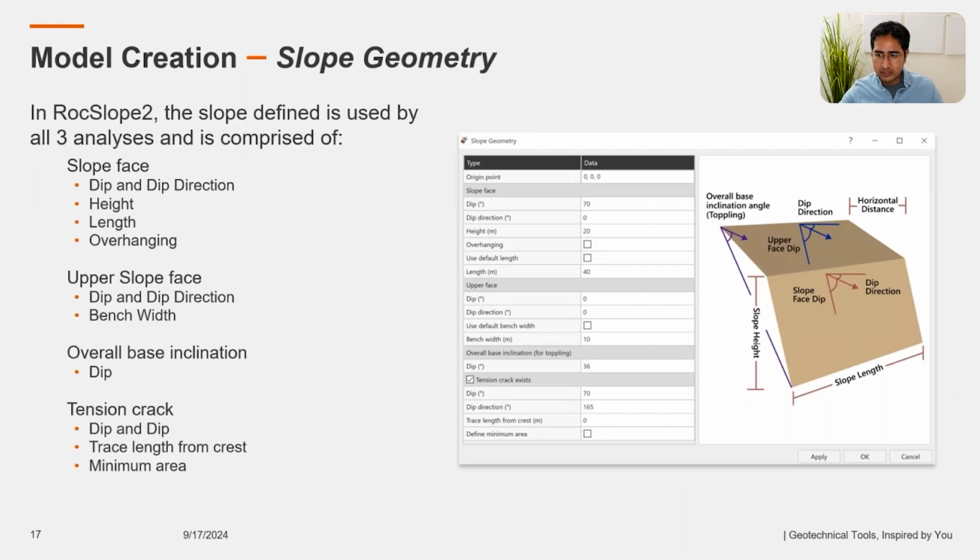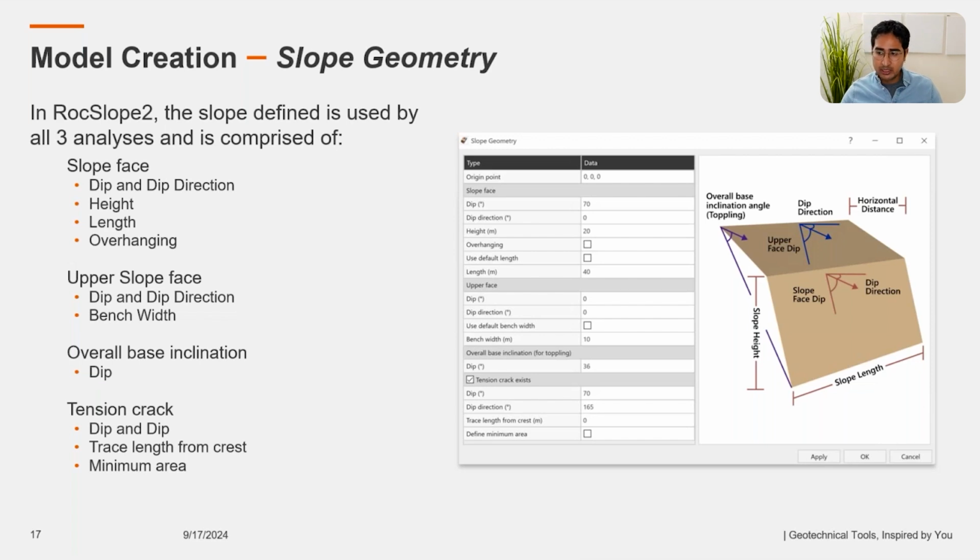So, as mentioned before, in RocSlope2, the slope geometry only needs to be defined once, and this will essentially propagate to all 3 analyses. Every plane defining the slope is characterized by a dip and dip direction, with the exception of the overall base inclination, which is used for the formation of toppling blocks. In the case of the base inclination, the dip direction is assumed to be the same as that of the